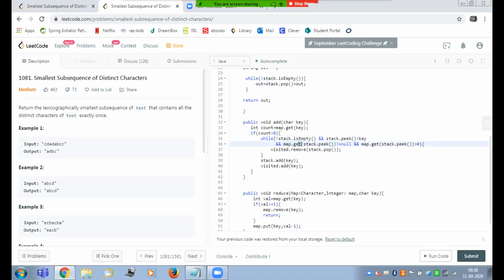Take the example that in the stack, the top element is A, and the present count of A is not present in the map. I already removed A. So instead of setting the count to 0 in the map, I directly removed that entry. So I don't even go to the first miss. No need to save the 0. Okay, got it.